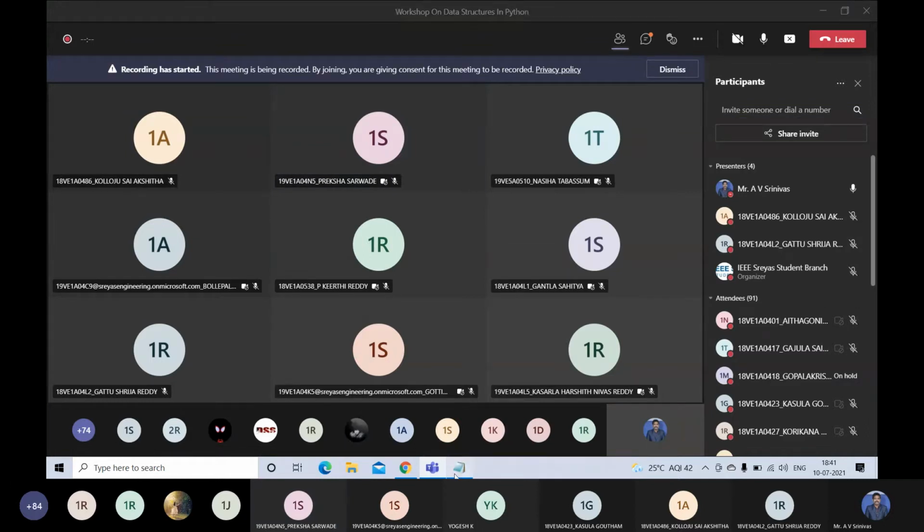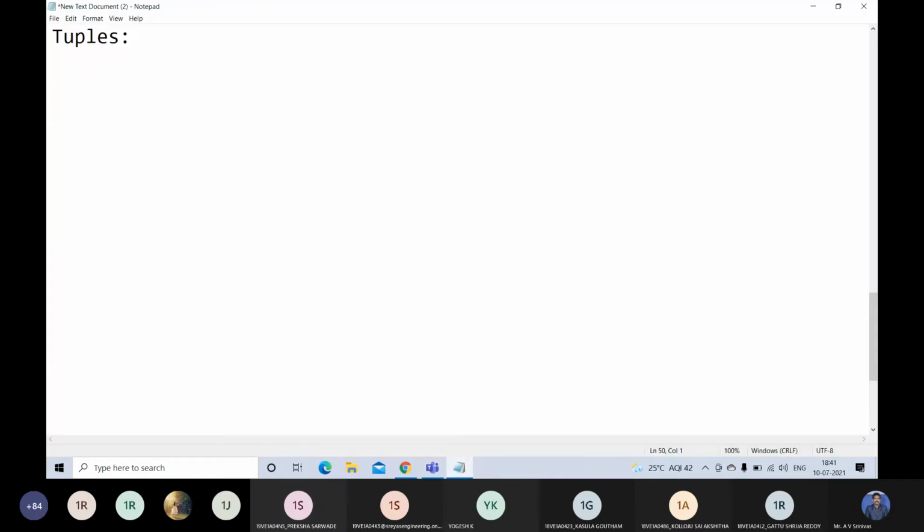Yeah, the next one will be tuples. Tuples is also nothing but an ordered collection of elements. So yesterday we have seen a list is also an ordered collection of elements.